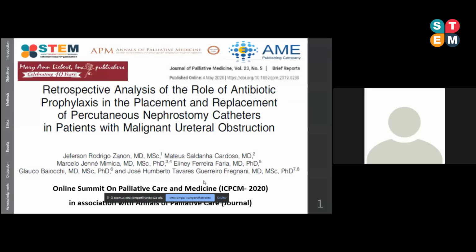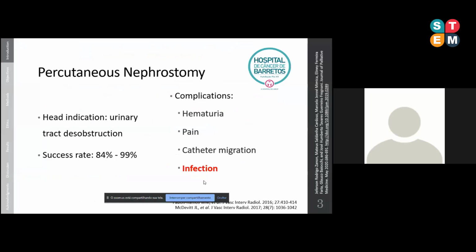The title, I think, is the larger title of the whole conference today, but we performed a retrospective analysis of the role of antibiotic prophylaxis in placement and replacement of percutaneous nephrostomy catheters in patients with cancer and malignant ureteral obstruction. This is our introduction, and the main indication for percutaneous nephrostomy is to clear urinary tract obstruction, but